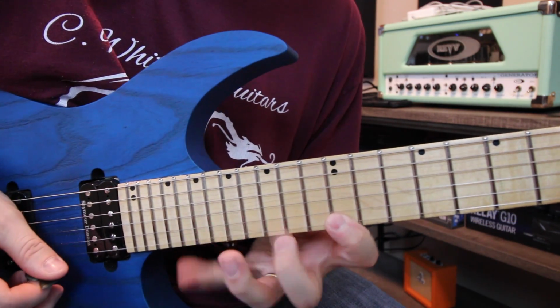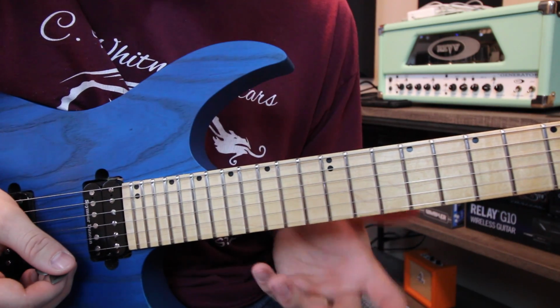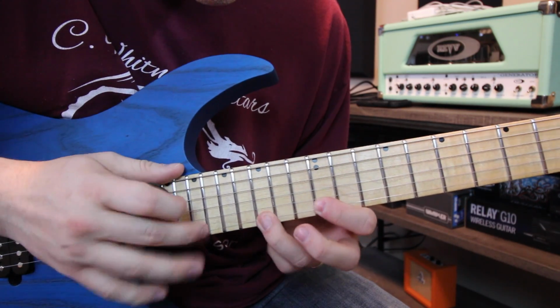He does a lick. He doesn't use tapping. He does this kind of crazy little legato line, just moving it straight across the string, kind of like an Eddie Van Halen trick. And so what I did was I did tapping, and to me it still sounded really cool, a slightly different feel to it, but